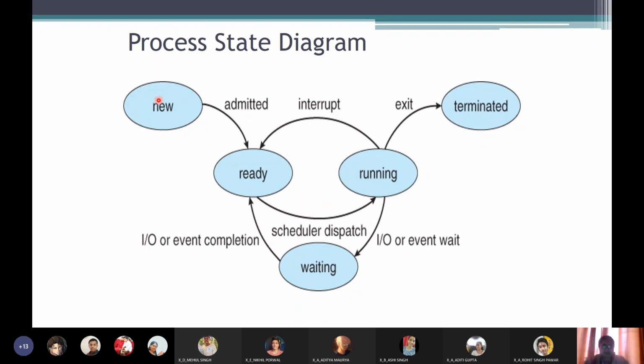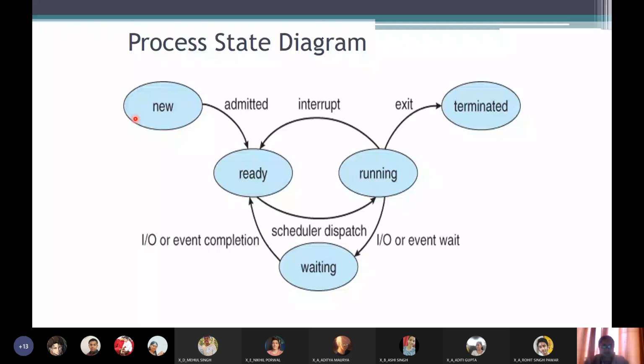Actually, this picking up jobs from the job pool, bringing them into the RAM, and then from the RAM processing them for being executed by the CPU, is done by a part of your operating system which is known as the scheduler.